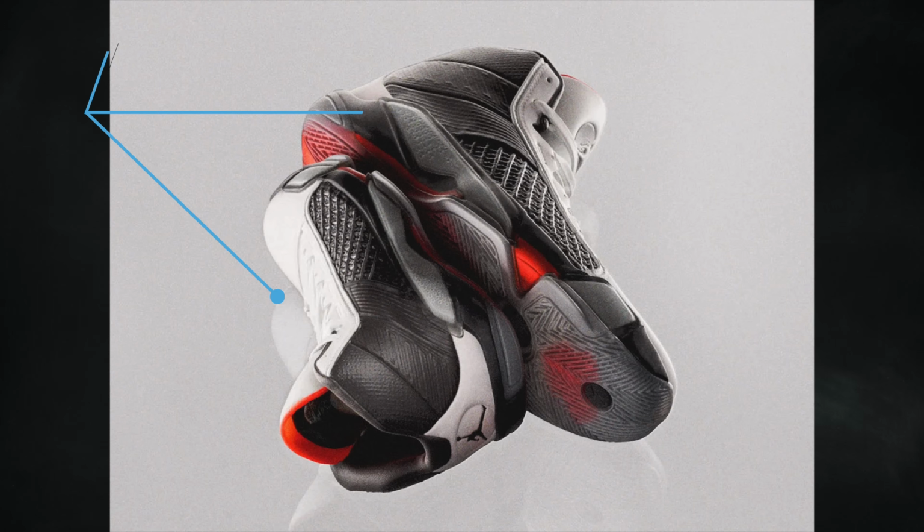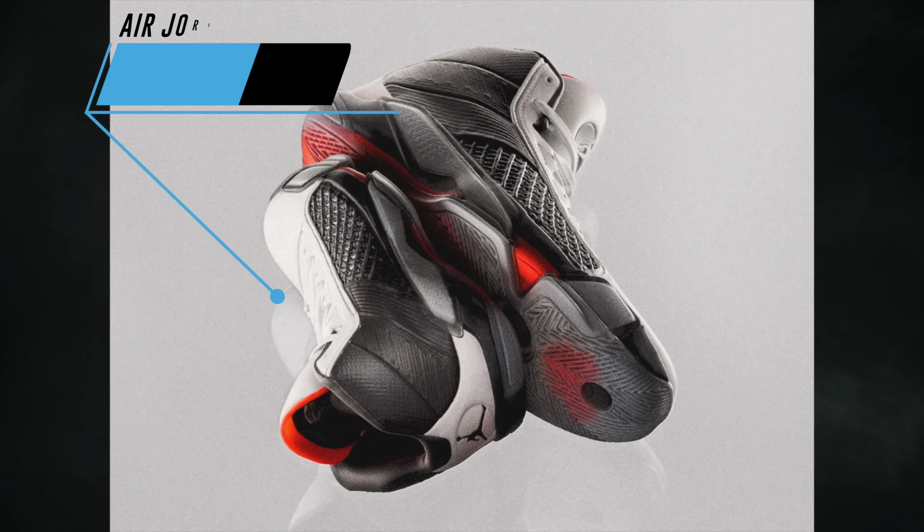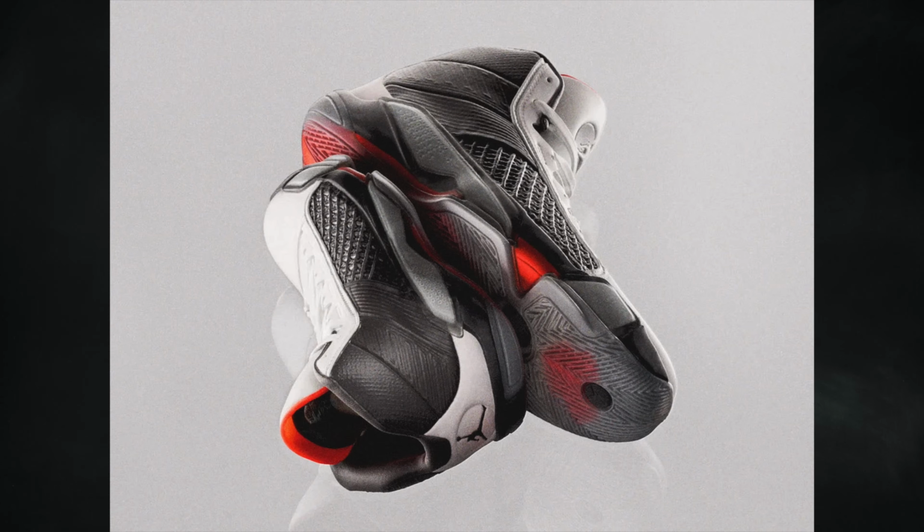Along with the Zion 3, Jordan Brand officially unveiled the Air Jordan 38. Now, this isn't our first look. However, we have details on 3 upcoming colorways, but I did want to read from their press release because it features all the details, all the tech, and so forth. So, reading from their press release, the Air Jordan Signature Series isn't just the most storied footwear line in basketball